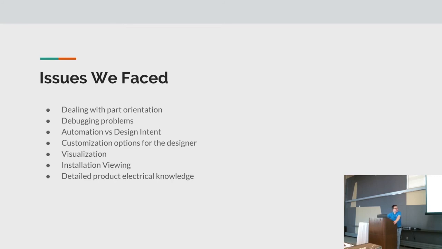And then it also comes with installation viewing, because some products are simple, but if you remember that picture of the panel where we've got power stacked on top of each other, you think of your install drawings, usually they're using a 2D file. Well, how in the heck do we communicate that there are four of these things stacked on top of each other in the panel, and the ones that are stacked might be a different type of that product than the one below it? So how do we pass that information on? Again, that's something we don't necessarily have the greatest answer for, but